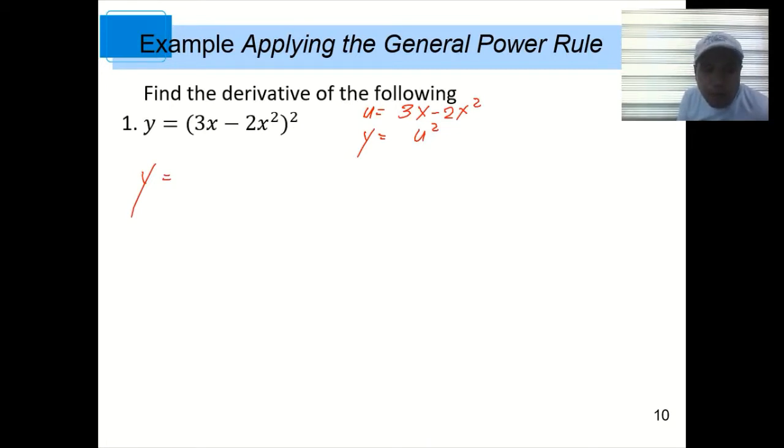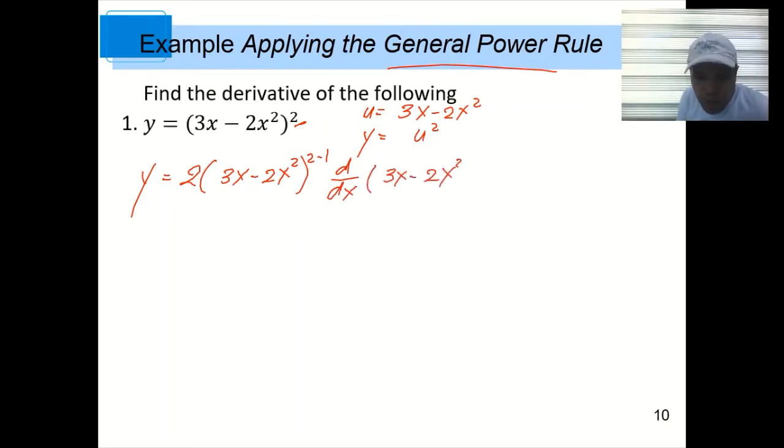So this will become, I have here 2. We will apply the general power rule. So 2 times 3x minus 2x squared raised to 2 minus 1 times the derivative of u, which happens to be 3x minus 2x squared. So next,